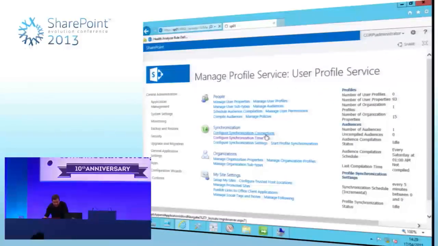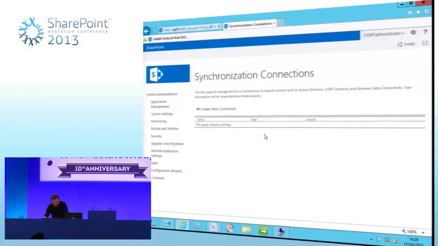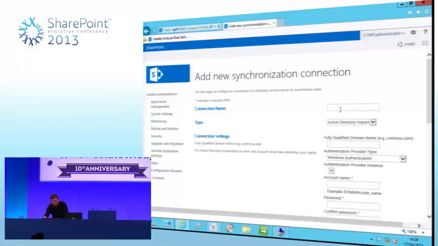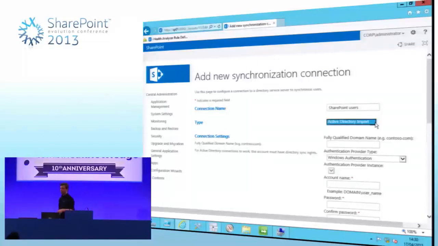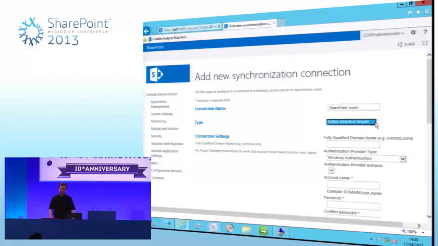Now I'll go ahead and create a sync connection. Again, we're reusing the UI, but this screen is now slightly different. So I'll go ahead and just give it a name here. But we only now have one option in the combo box, which, from my point of view, my background is not in computer science. My background is in graphic design and user interaction. So I don't like it when you use a combo box that has one option. But anyway,